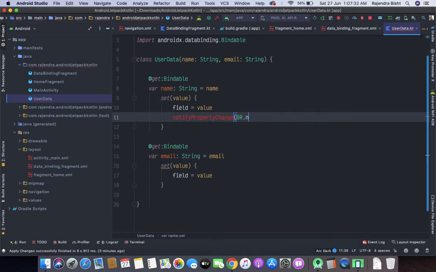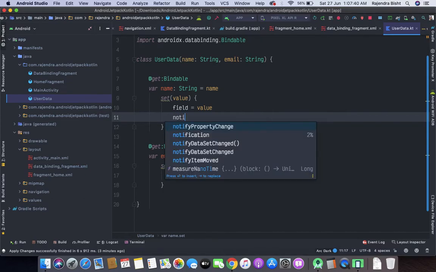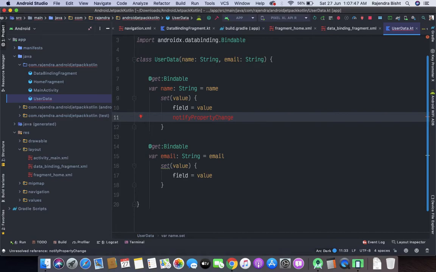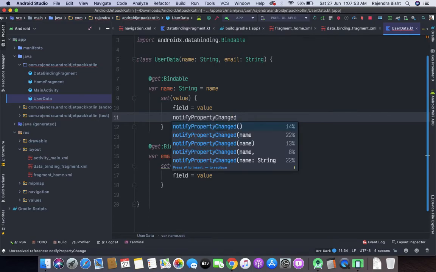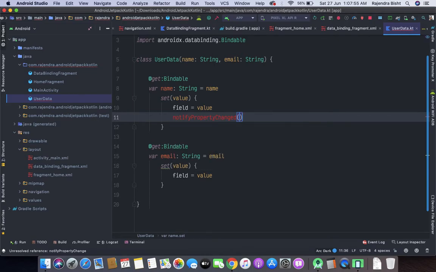It is showing an error here. Notify property changed. Here we will add the br.